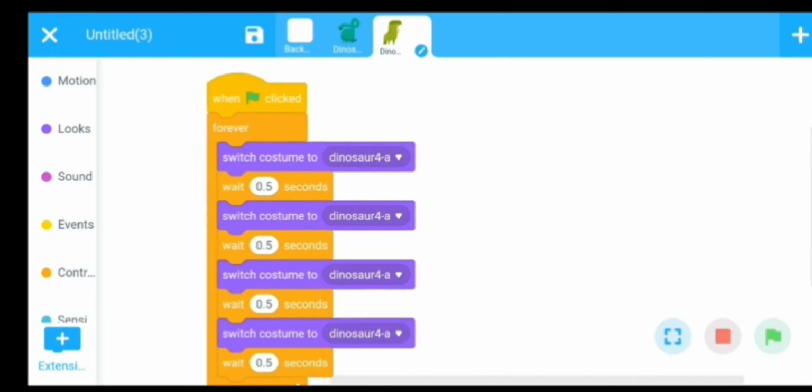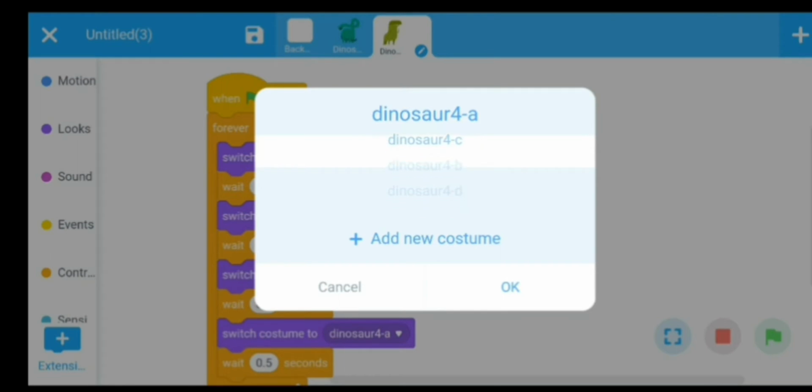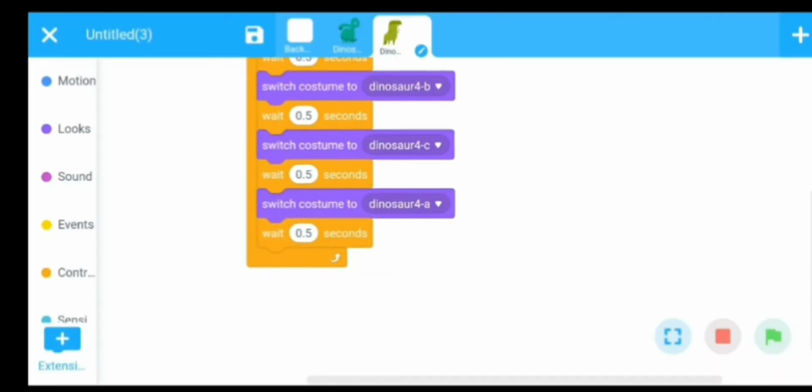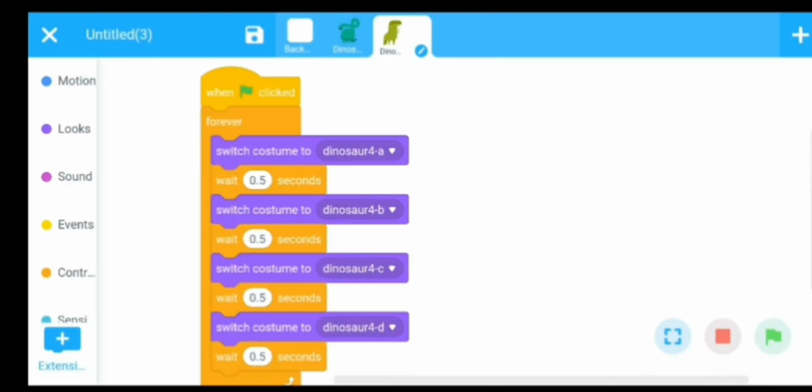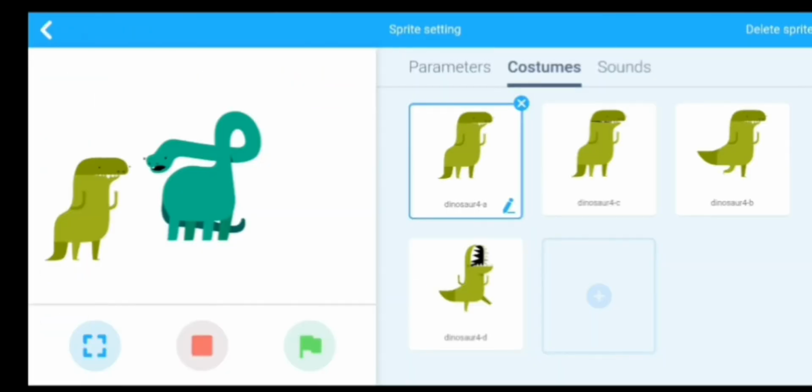Okay, fine. And you can also modify the costume by clicking on the pen.